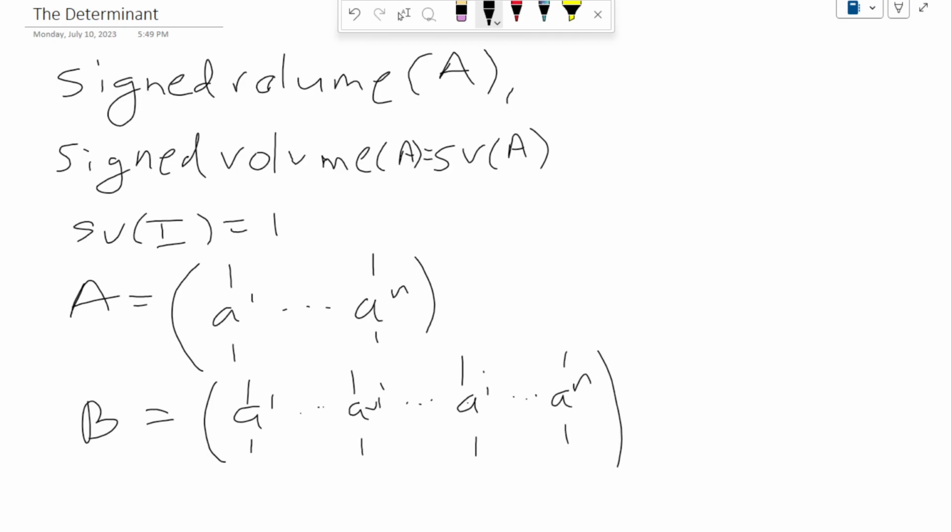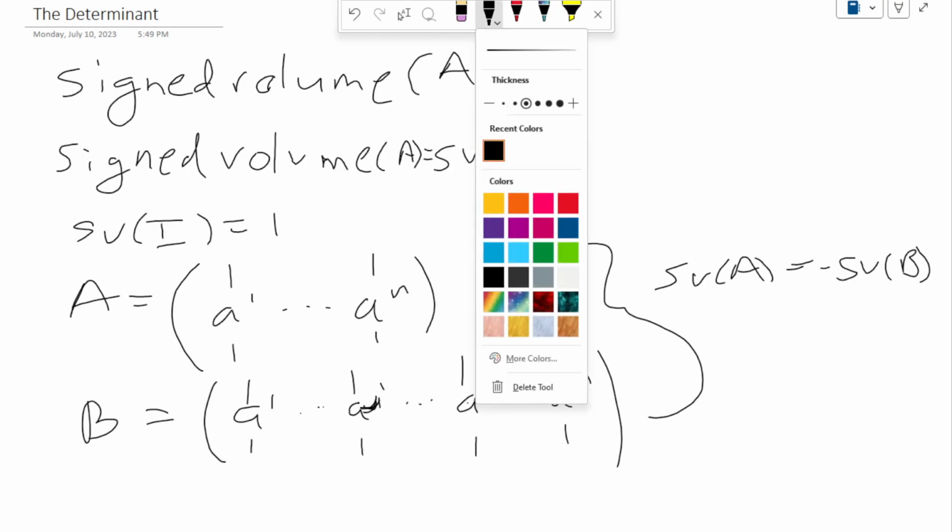So basically, all I've done here is I've swapped two of the columns. Then in this case, we say that the signed volume of A is equal to the negative signed volume of B. And again, it turns out from these two properties, you can uniquely determine